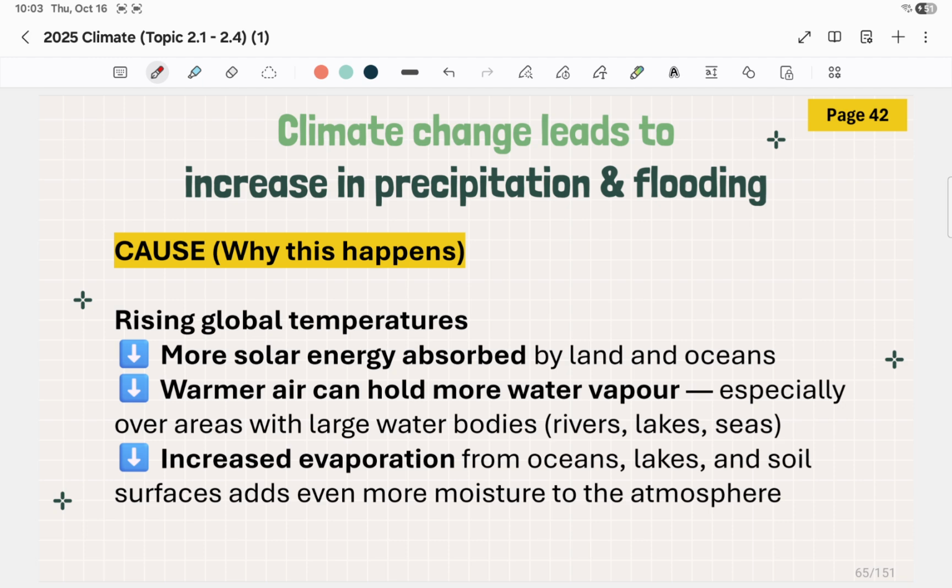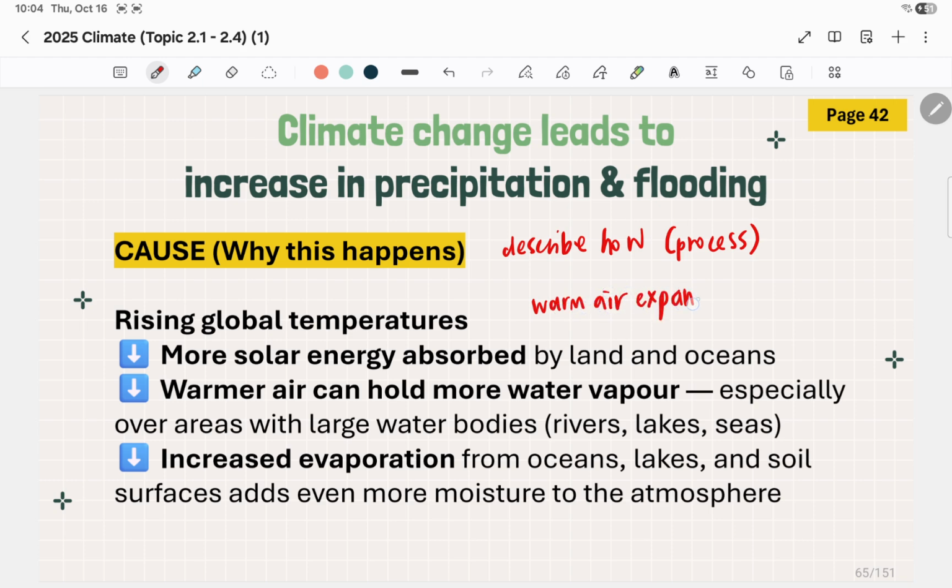So for this kind of questions, it's important for you to know why it happens, because they may ask you to describe how climate change leads to increase in precipitation and flooding, and basically they're asking for the process, they're asking for the cause. So for this, we know that because there is higher global temperature, where we have more solar radiation, more heat that's absorbed by the land and the oceans, this can result in the air holding more water vapor, because if you remember, warmer air